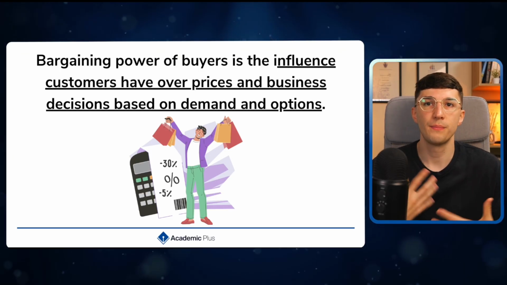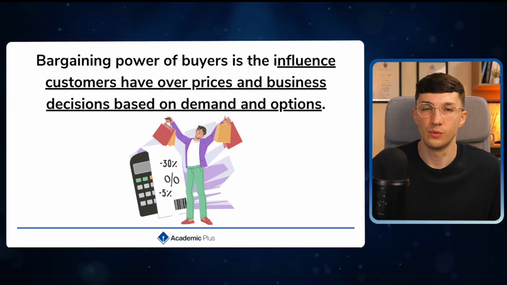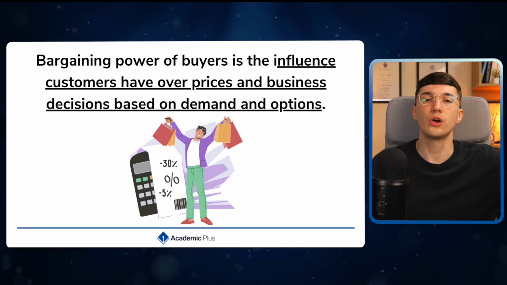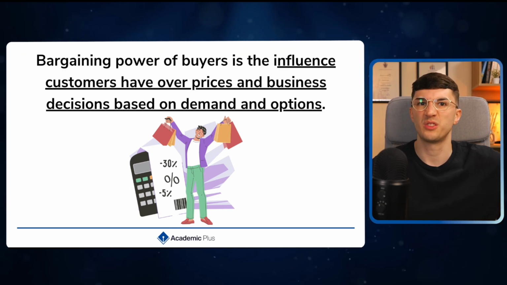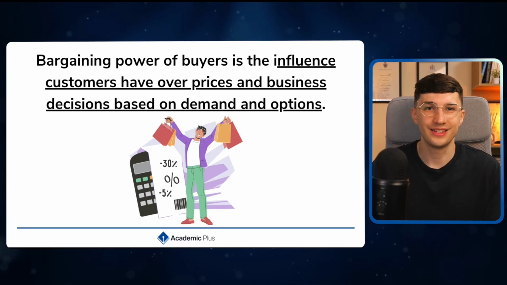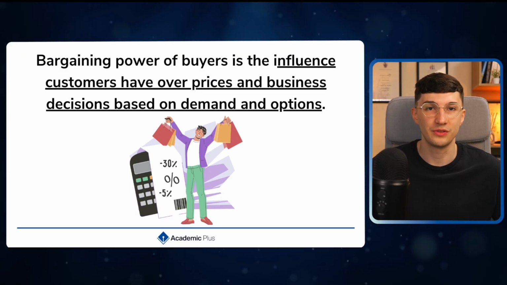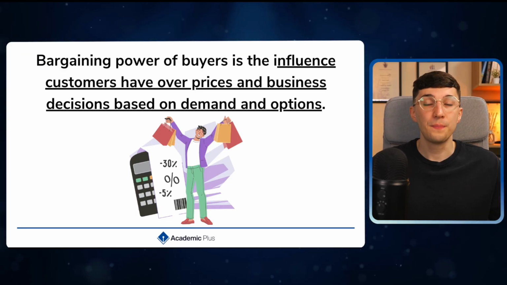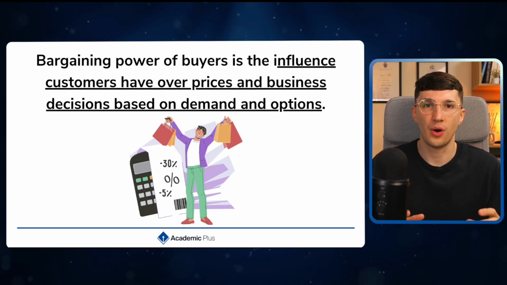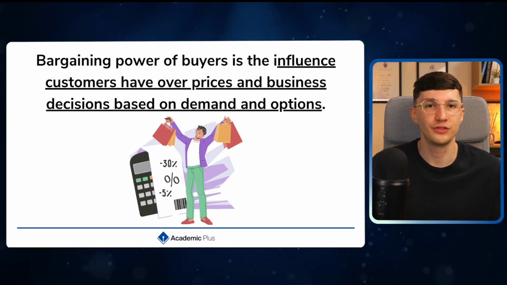Now, whether the bargaining power would be high or low depends on the number of substitutes available. Because if one business tells me, well, our prices are really high, I'm just going to say, cool, we've got lots of substitutes available for us, so I'm just going to go down the road and buy from them instead. Or if you're selling a product that is fairly standardized, most likely it has a lot of substitutes and alternatives available. It also depends on the switching cost, because if that switching cost is high and it's really difficult to stop buying your product and go to an alternative, well, then potentially my bargaining power is going to be low as